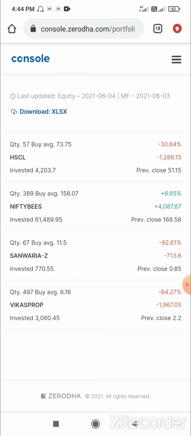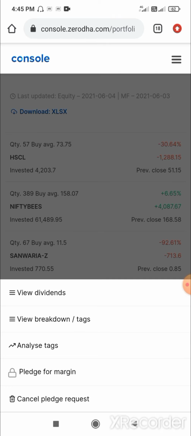Once you place the request, you will get a mail from the exchange to confirm that request using an OTP, which you can do from your end. That is the normal procedure.